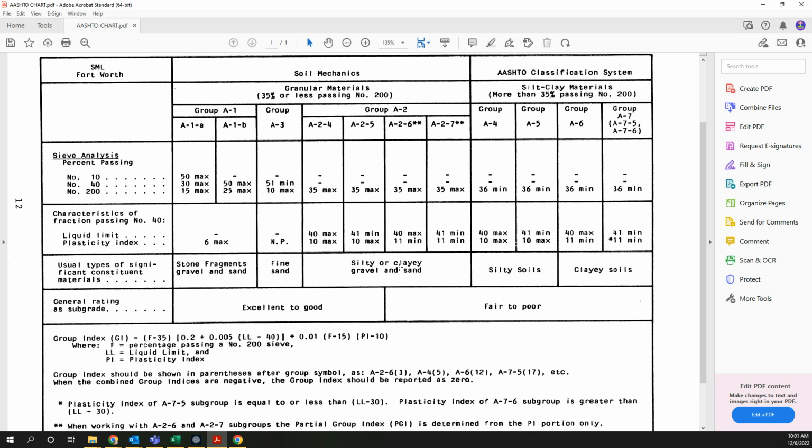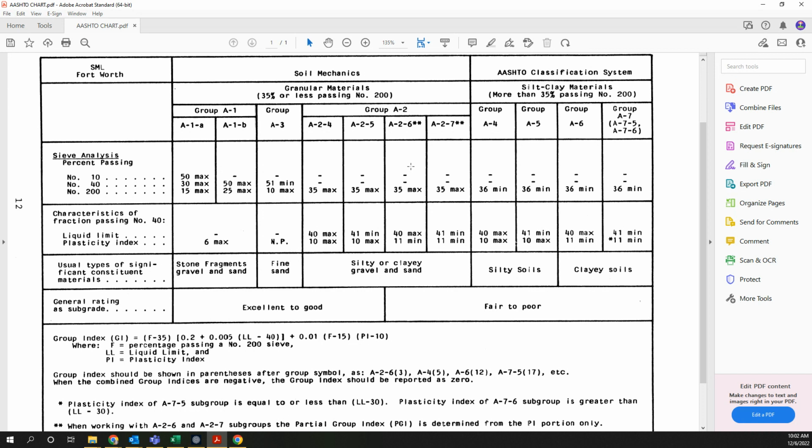Because if we're getting into the A7s, A6s, these clay soils, silty soils, that may require additional engineering. That may be a concern for you planning the practice, and you may want extra help, or you may want the district engineer to maybe take over this job completely,